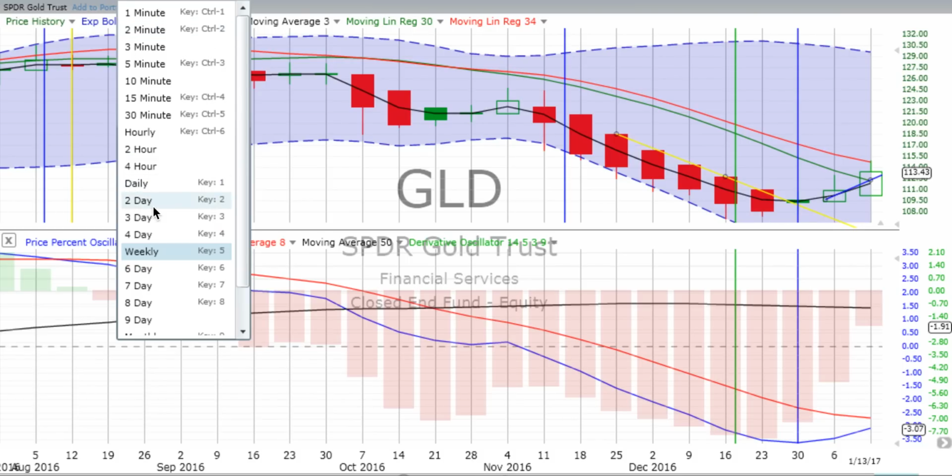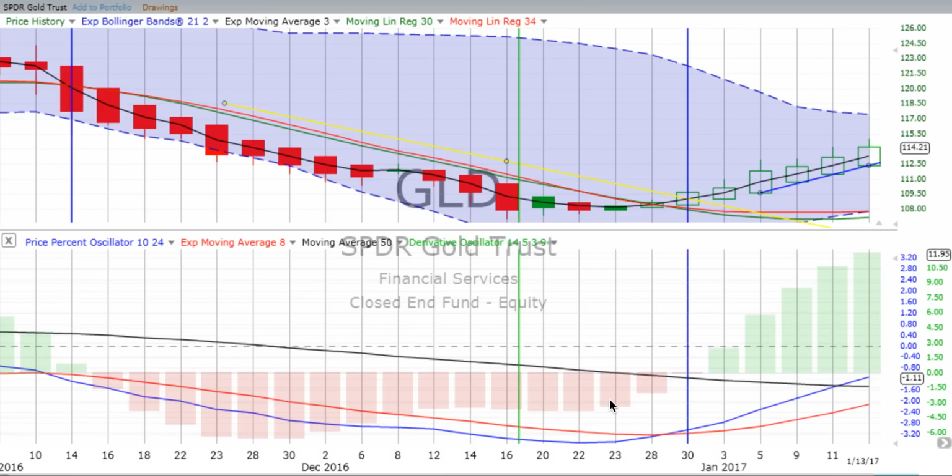If we look at our 2-day chart on gold, we can see that it crossed over on the 30th, moving up, and nice solid up movement, nice clean trend line with 4 2-day candles moving up. Derivative oscillators continue to gain energy. Nice clean up movement, but again, we don't have our parameters, which are we are not bottom callers, we are trend followers. We hope to see in the near future that weekly chart rotating over in the same direction as the 2-day,